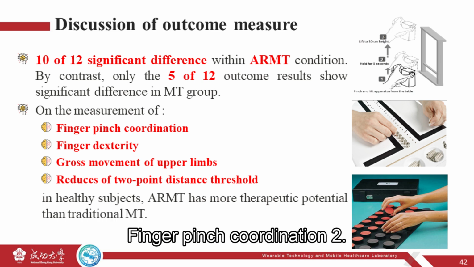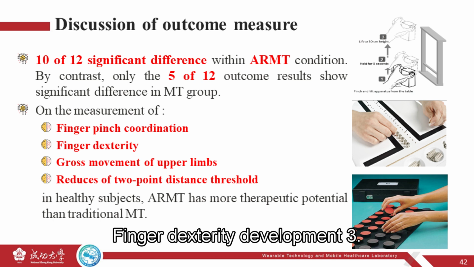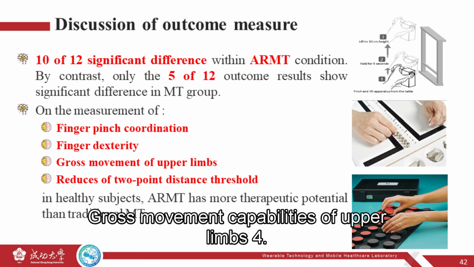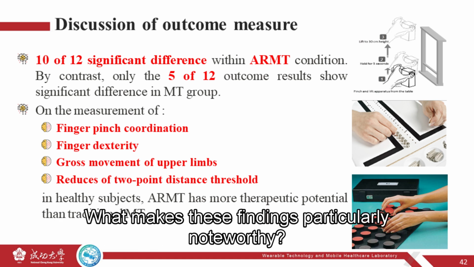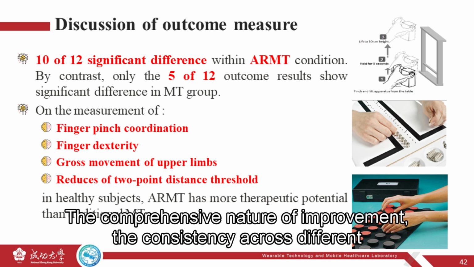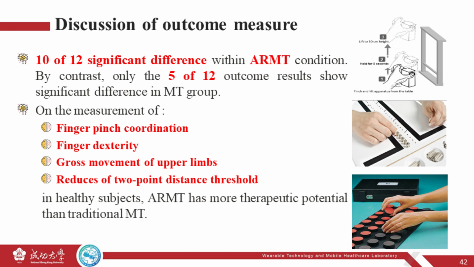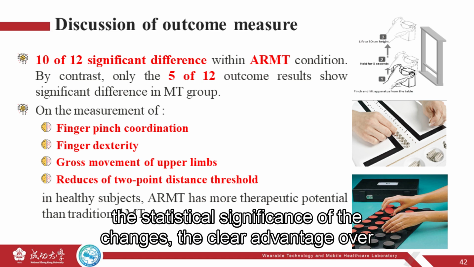1. Finger pinch coordination. 2. Finger dexterity development. 3. Gross movement capabilities of upper limbs. 4. Enhanced tactile sensitivity through reduced two-point distance threshold. What makes these findings particularly noteworthy? The comprehensive nature of improvement, the consistency across different functional domains, the statistical significance of the changes, the clear advantage